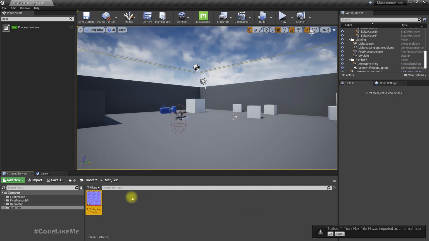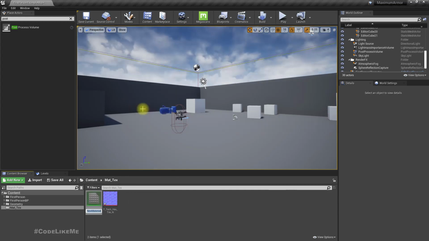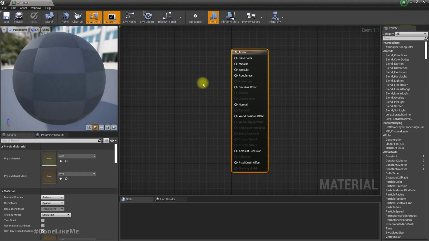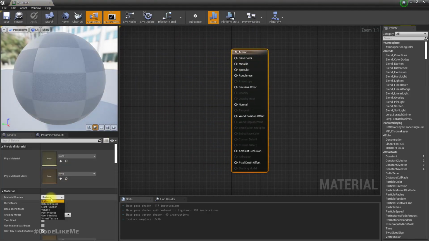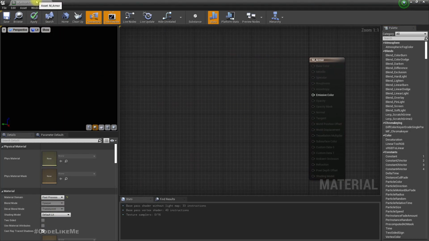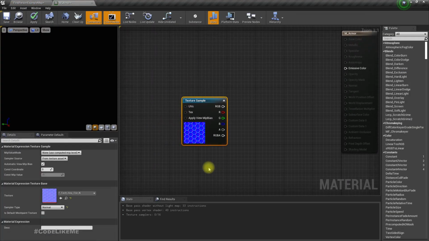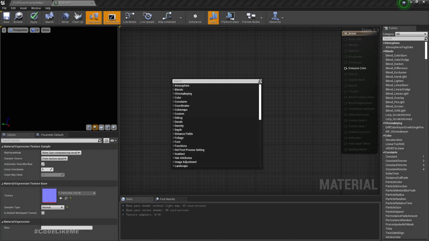Drag and drop. Okay, right, now let's create a material M armor, and I'll change the material domain to post process like this, and drag and drop this texture, and here we